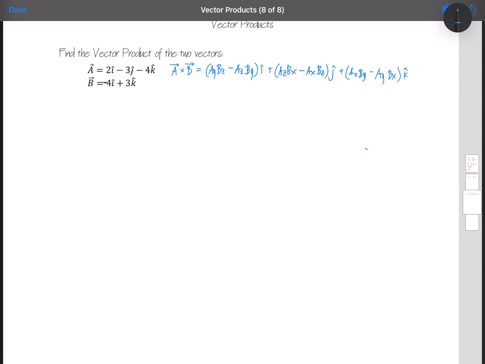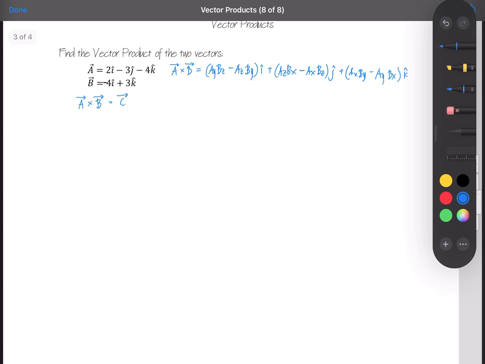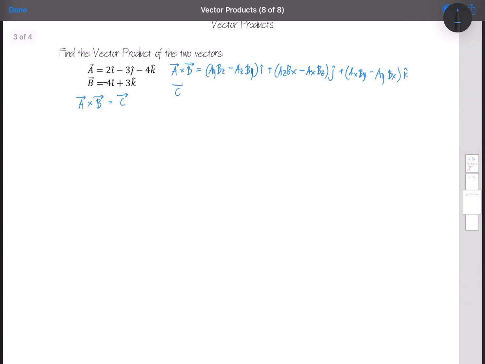Take note that if we are having the cross of vector A and then vector B, that will yield a completely new vector. Say for example, that is vector C. It's a completely new vector. Now, if you are going to solve for vector C, substituting it here now,